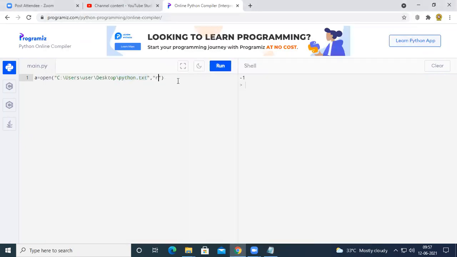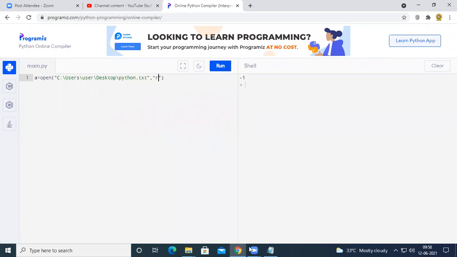If you supply RT, then the Python compiler will know that you are going to open a file in read mode, and that you are working with a text file. And at the same time, when you supply RB, you are opening a file in read mode and you are working with binary type files. Okay, now I think you all have some idea on this one.